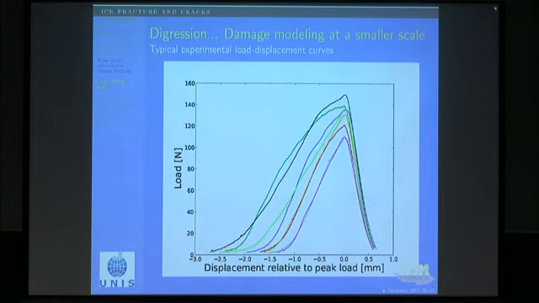So the types of experiments that I run in the lab give me these common looking load displacement curves. These are not stable experiments. These are displacement controlled experiments, so I'm not measuring stable cracking in the softening regime here. This is just a rebound of the load cell essentially. But I can look at the size effect, or another thing I look at is the comparison between notched and unnotched experiments at the same size, the zero brittleness method to fit a